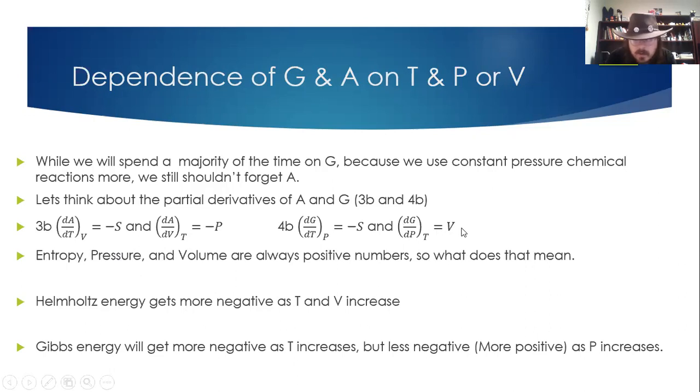So that should tell you something. As we change the volume and change the temperature, if something heats up, if volume expands, Helmholtz would become more negative. If temperature increases, Helmholtz gets more negative. Gibbs will go more negative as temperature goes up. And if we increase the pressure of our system, it would go up and essentially become less spontaneous. So we'll think about that in the near future when we start to